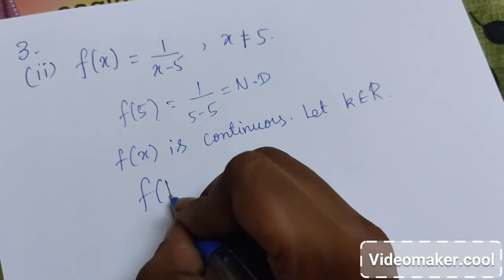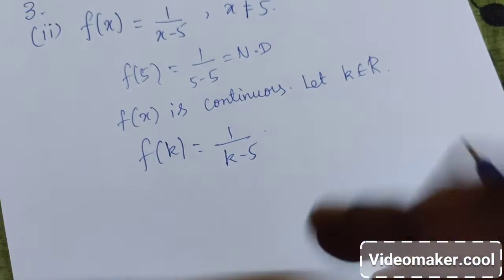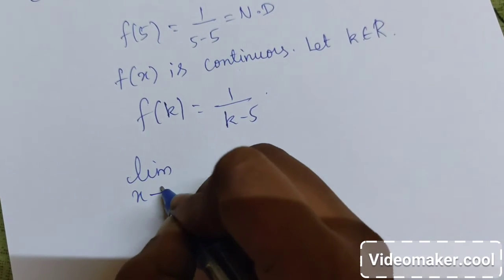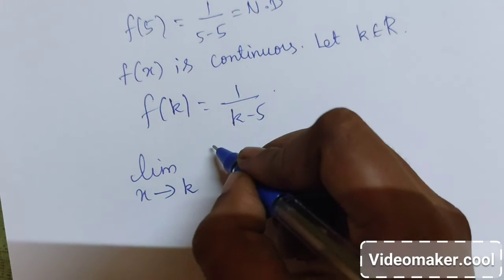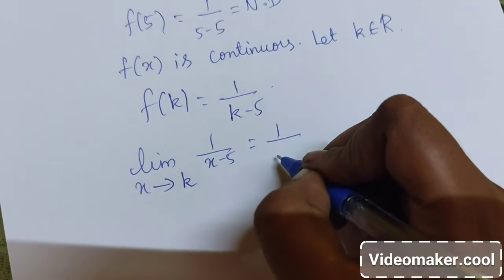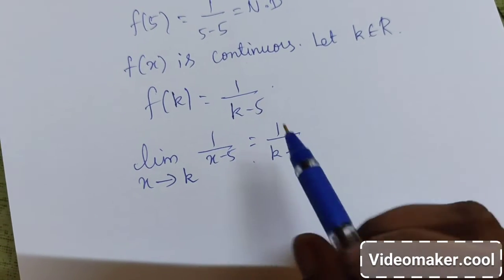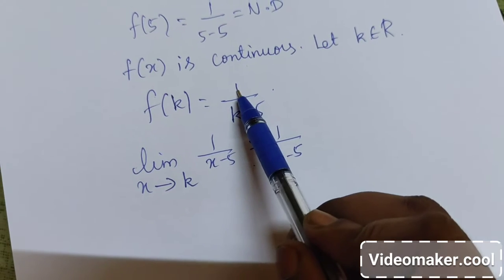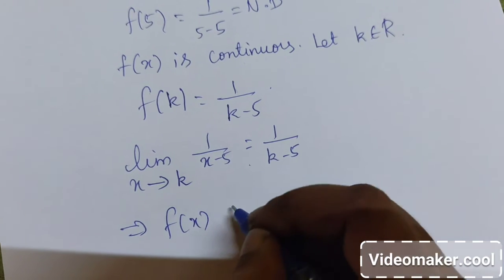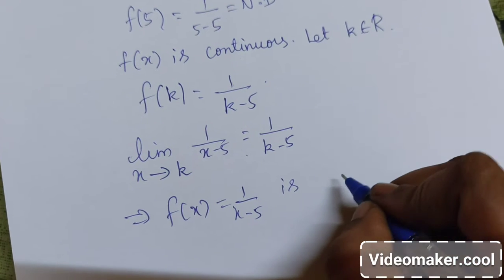So what about the functional value? It is 1 by k minus 5. Now let's calculate the limit of the function. So limit x tends to some real number k of 1 by x minus 5. By replacing x with k in the function, we will get 1 by k minus 5. Here the limit is equal to the functional value. Which implies f of x equal to 1 by x minus 5 is continuous